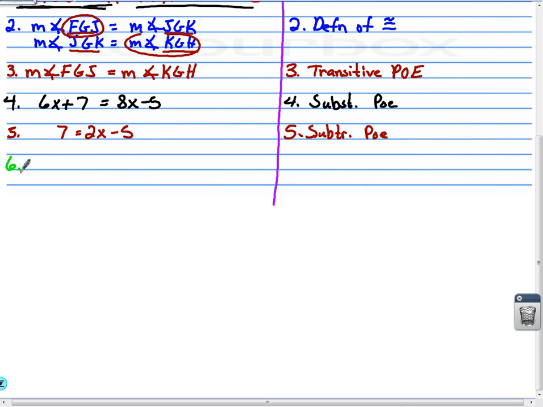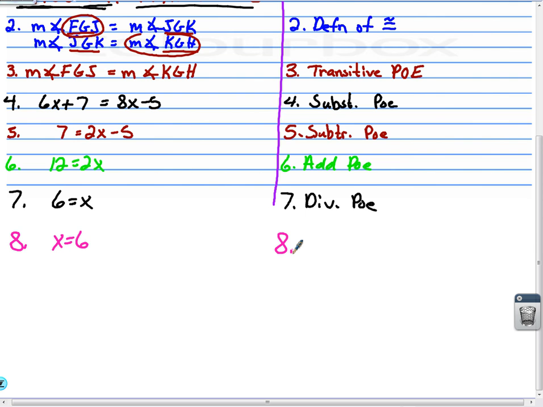Step number 6, let's move the 5 over here. That would be 12 is equal to 2x. And I would believe that would be the addition property of equality. And finally, last step, step number 7, well, no, I lied to you. This is not the last step. To get rid of the 2, I'm going to divide both sides by 2, and I have 6 is equal to x, which is your division property of equality. And finally, step number 8, x equals 6,